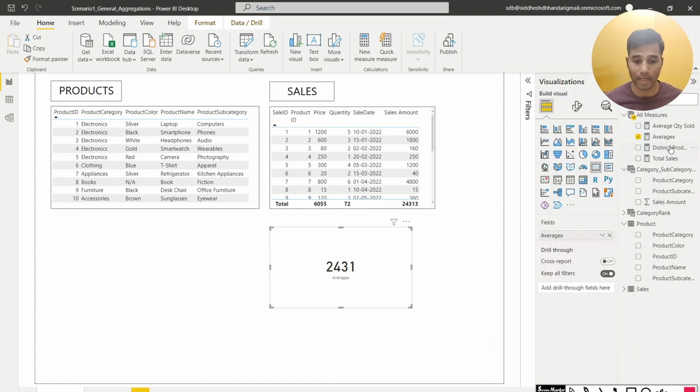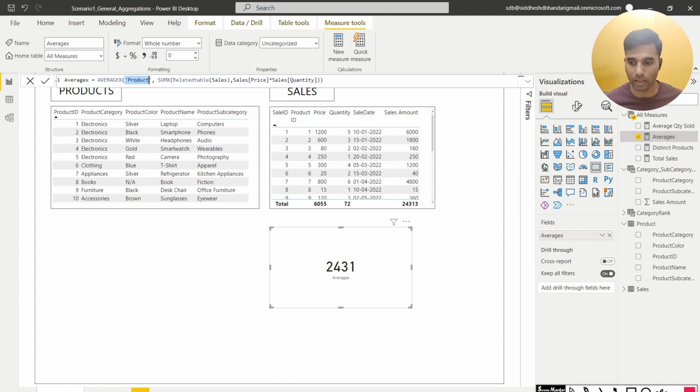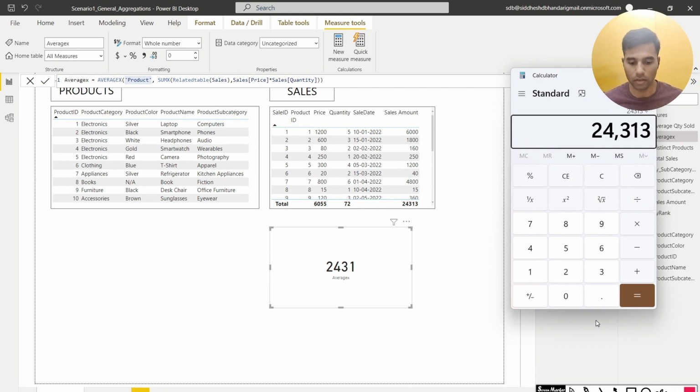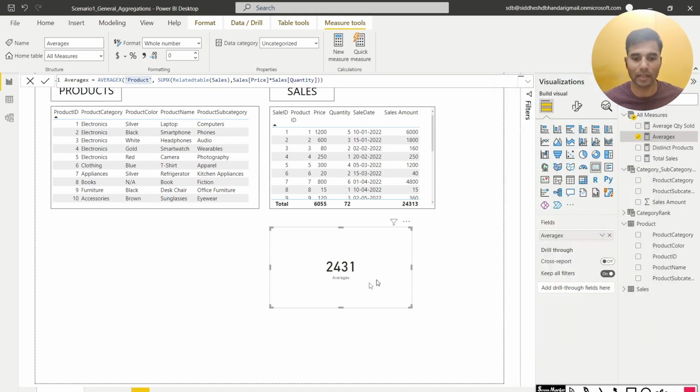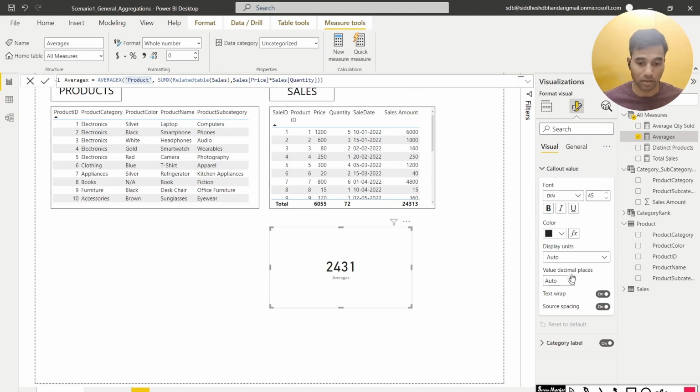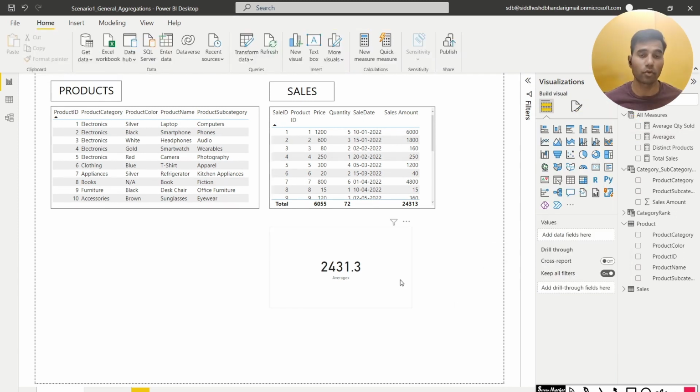Well, what has happened here is our first argument, the product table, is now going to count the number of occurrences in the product table. So because there are 10 product IDs, it is going to essentially divide 24313 by 10 and then give me this number. Now, you might think, but why is it giving me 2431? It should give me 2431.3. It's just because of the formatting. If I go here, change the display units to none and change the decimal to one digit, then I get